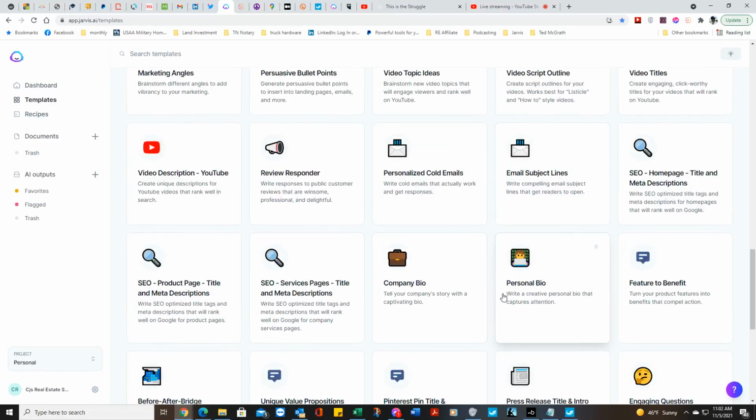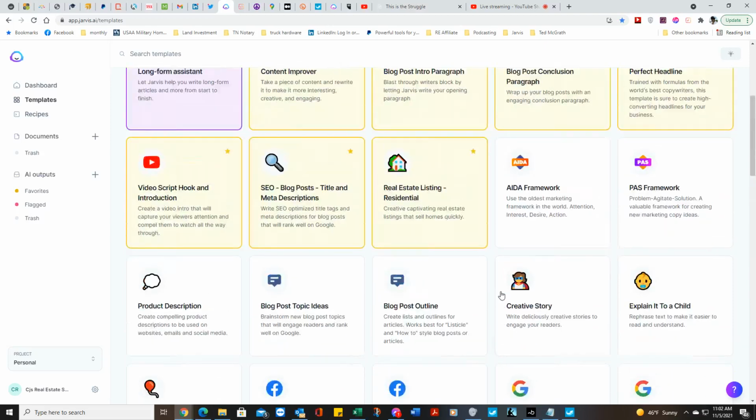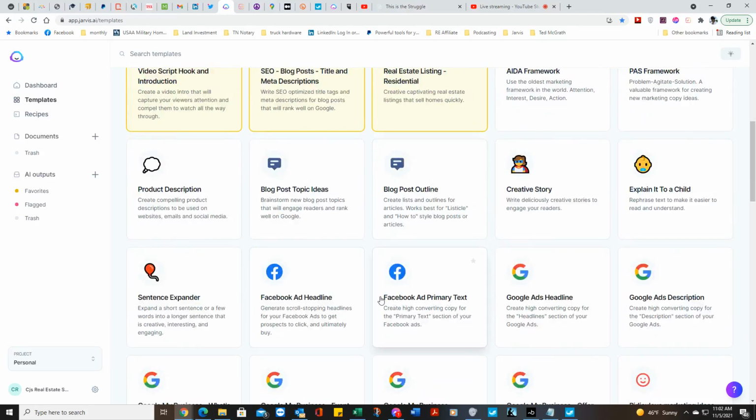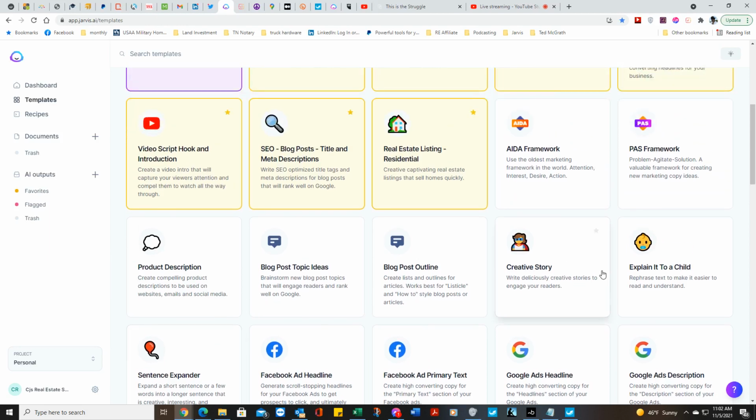Company bio, personal bio. So, they've only got 2 for Facebook, headline and primary text. I hadn't really used that. Explain to a child, whatever you're writing about, it could make it easy to explain to a 5-year-old. A creative story. Here's what I've used a lot: blog post topic ideas,